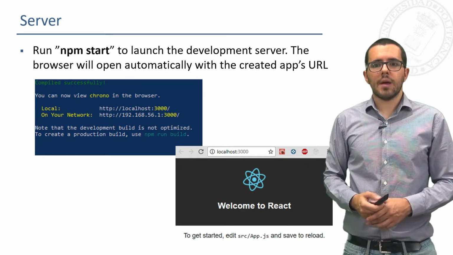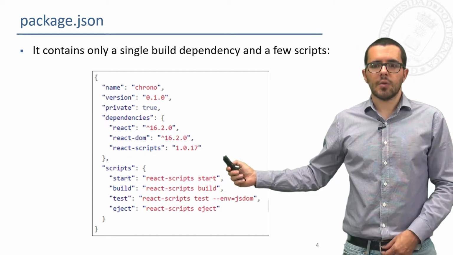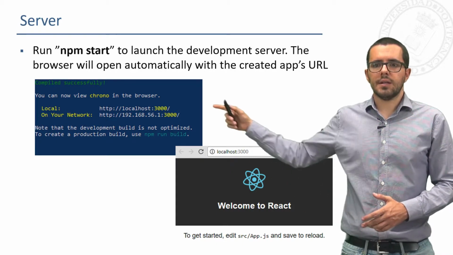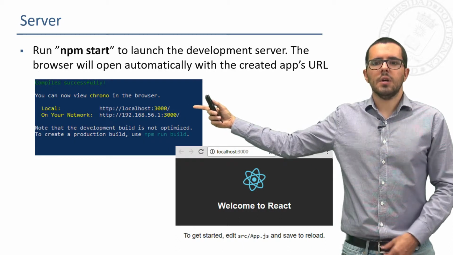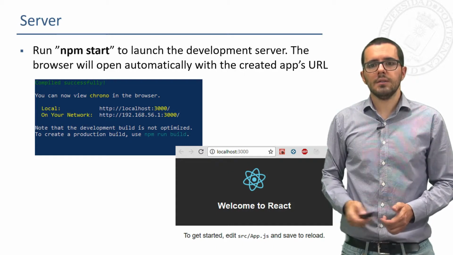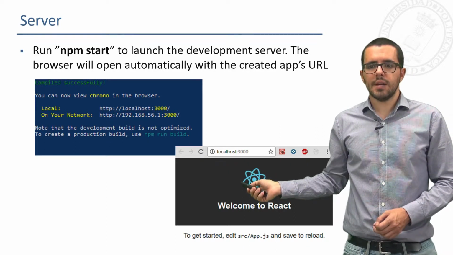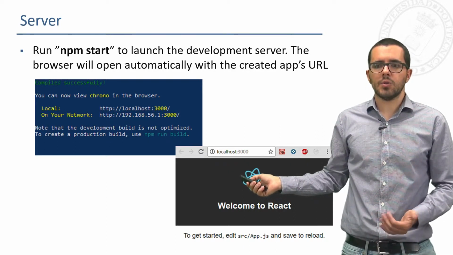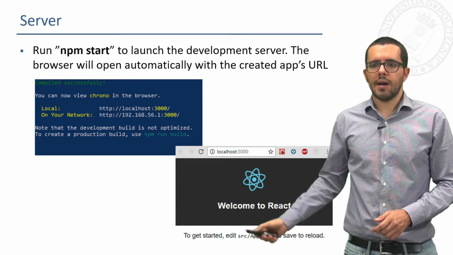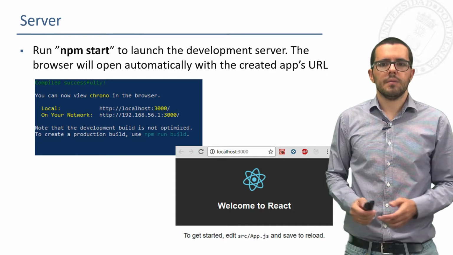The server. If we run npm start, what do we get? We get this command that is a React script that will launch a development server. In this console here, you can see the output. You can see that it gives you the default URL, on port 3000 at localhost, where you will get a development server. And if you go to that server, in fact, it will automatically open in a browser, you get the default application and a message saying to get started, edit this component and save.